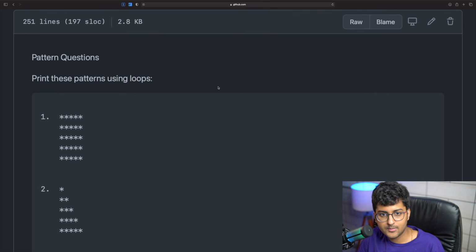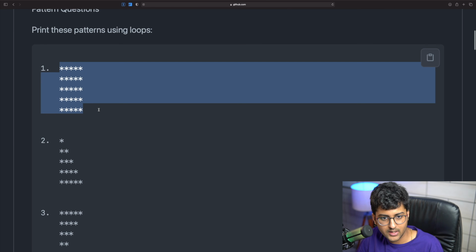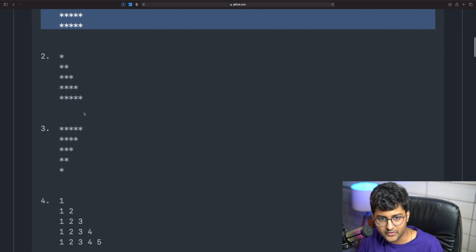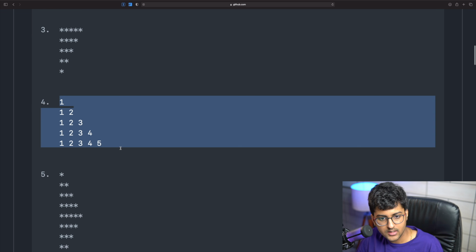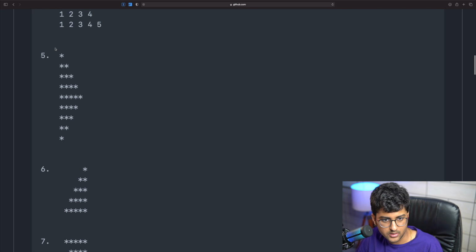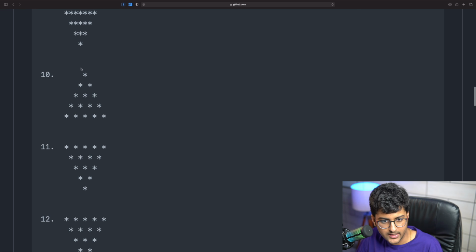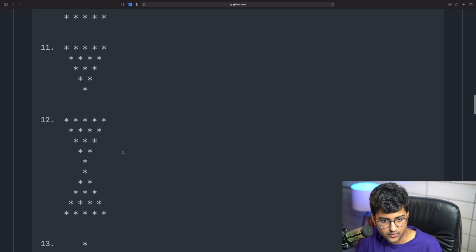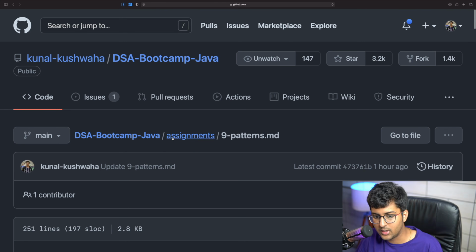In today's video, we're learning about patterns. So you can see some patterns over here. Like this is a star pattern. This is some triangle, some other triangle. Some number triangle or whatever, some half rhombus or whatever, right? Another triangle with some spaces over here and some hourglass or whatever.